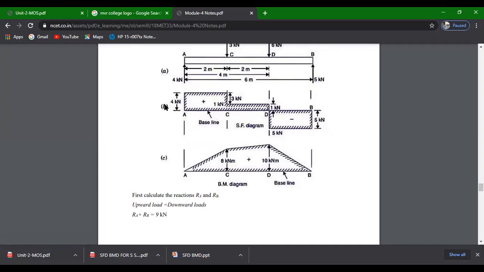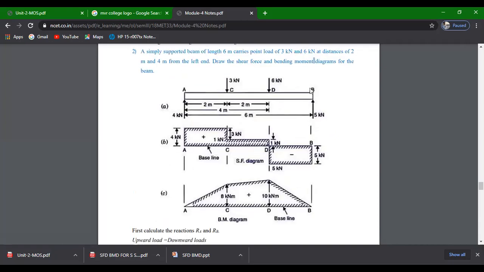This is the baseline here. Okay, before going to the problems, let us have a discussion regarding the SFD, how to do the construction of SFD and BMD diagrams. Okay, this is the baseline here, and upon this, from the right side of the beam,